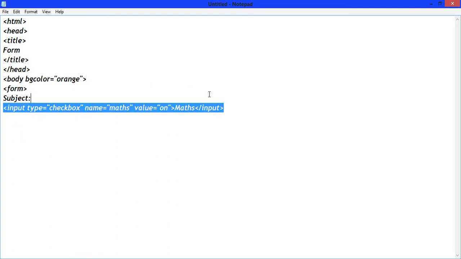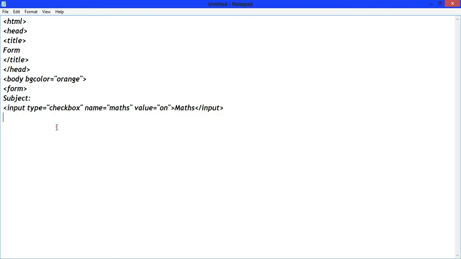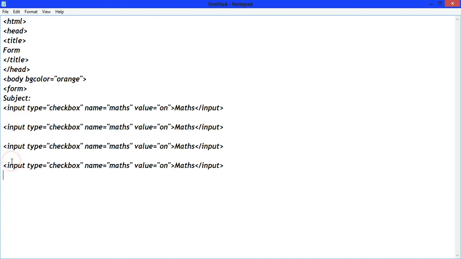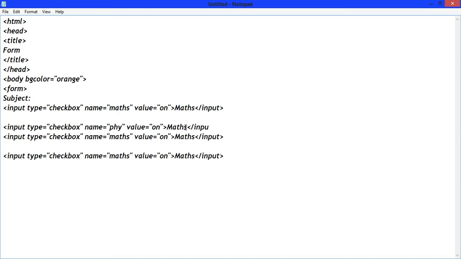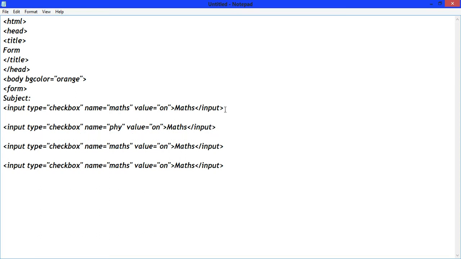Now copy this, paste, again paste, again paste, and change it to physics. Right here physics, change it to chemistry.